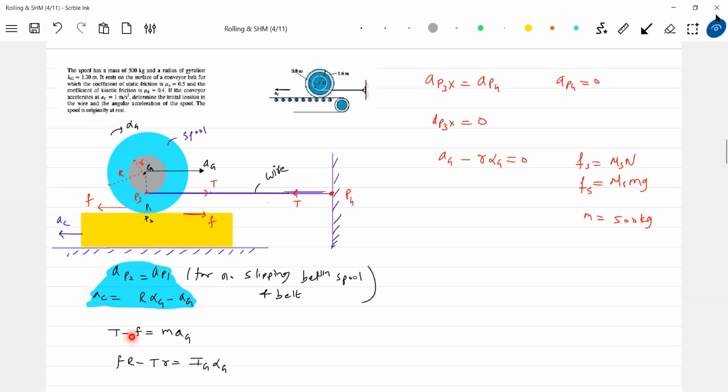Check again the value of F. This should be rolling friction. No, it should be less than limiting friction. If it is less than limiting friction, okay, what will you assume? If it is greater than this, in fact, slipping occurs. Then kinetic friction will act here. Then we know kinetic friction. Okay, then you can work out the numerical in another way.